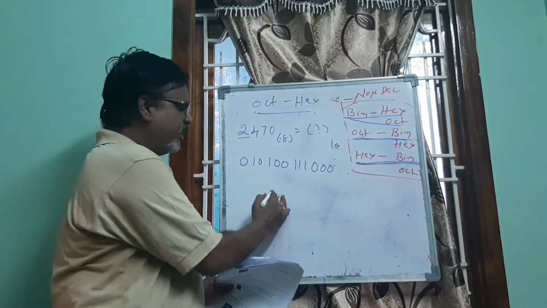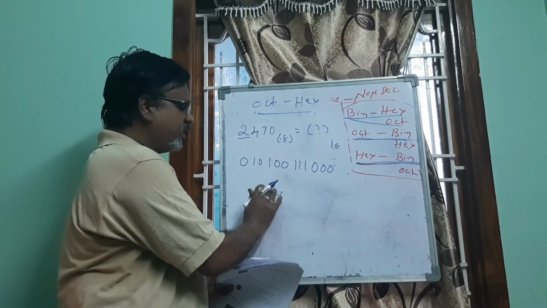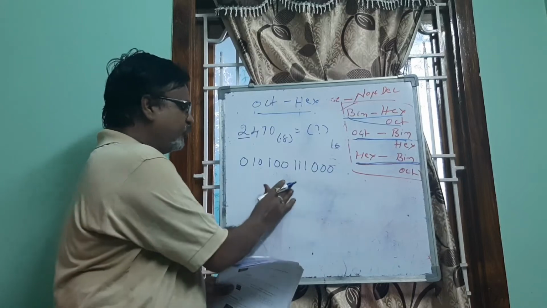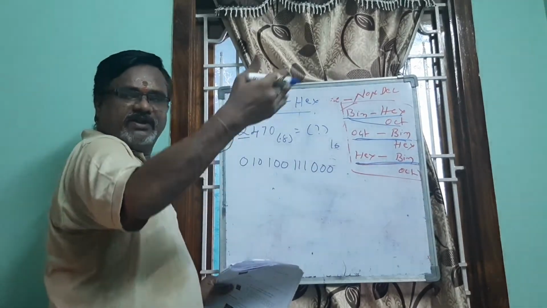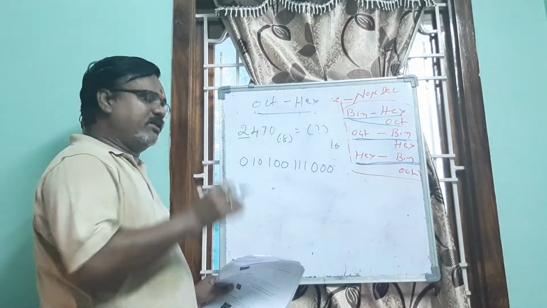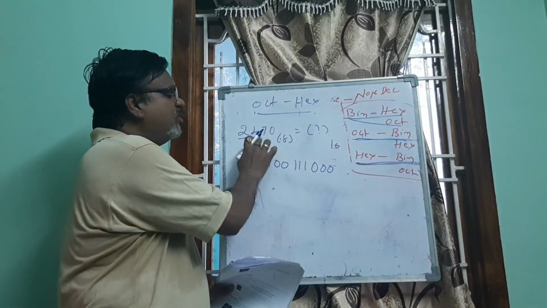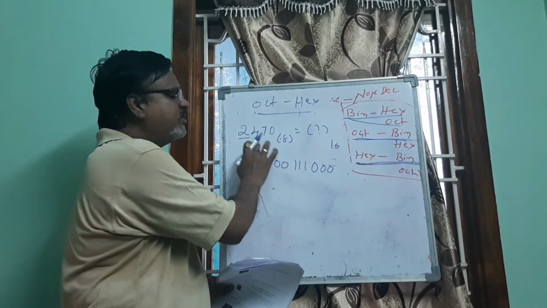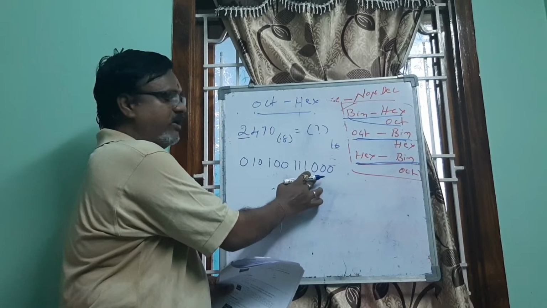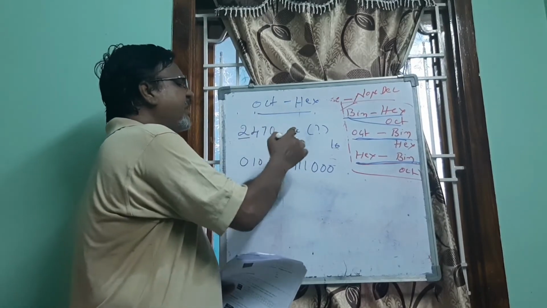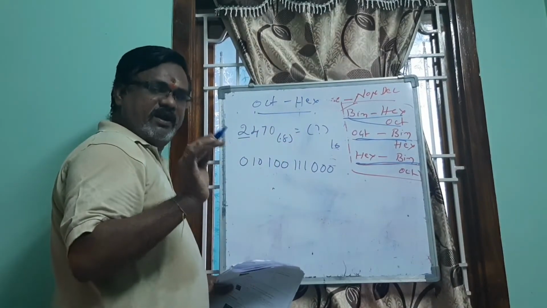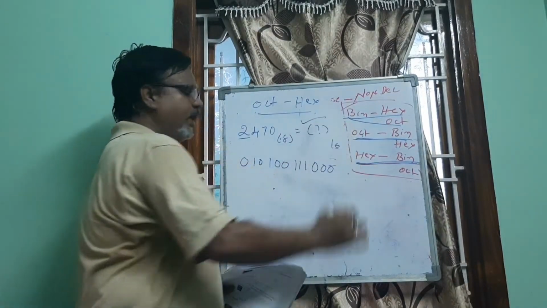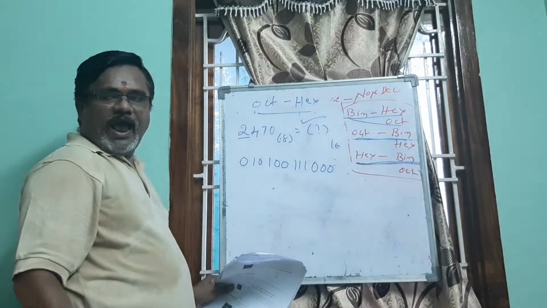Previously, octal number 21 was converted into binary. First you converted that into decimal, then decimal is converted into binary, like that we did. So here octal to directly binary. Equivalent binary values we have written. And our question here is not converting octal to binary. Remember, our question is converting an octal number to hexadecimal.